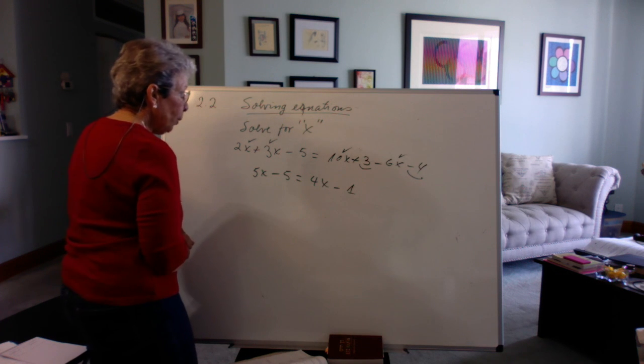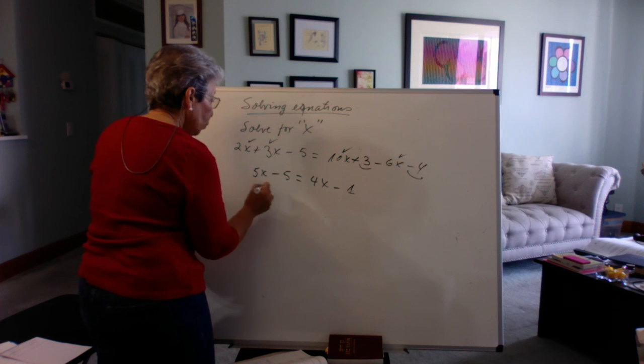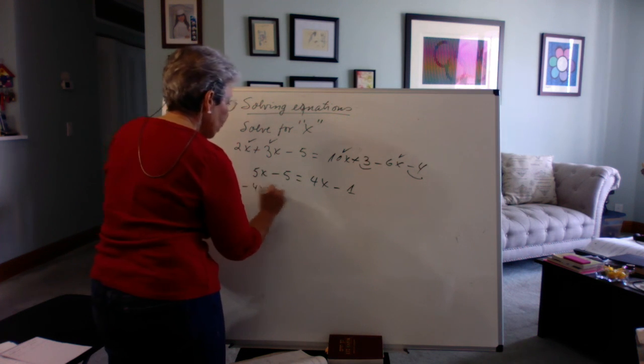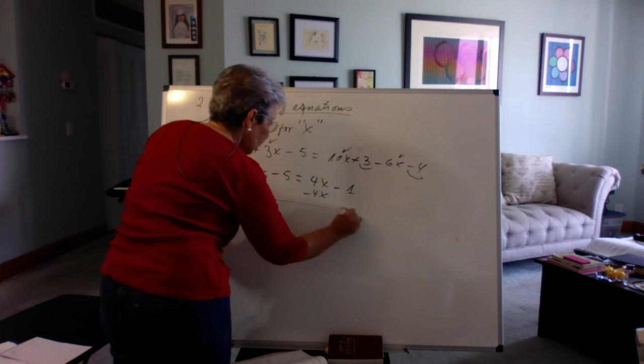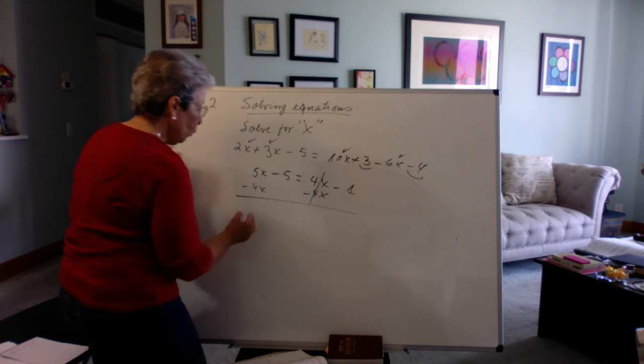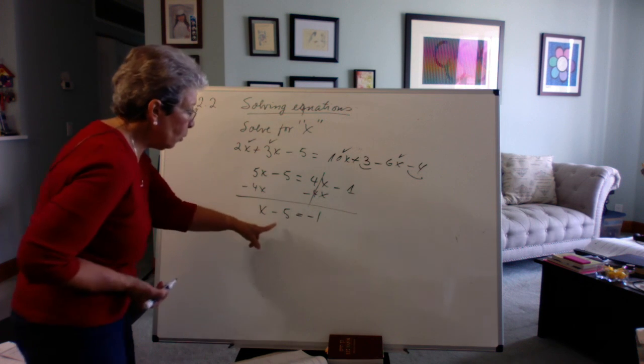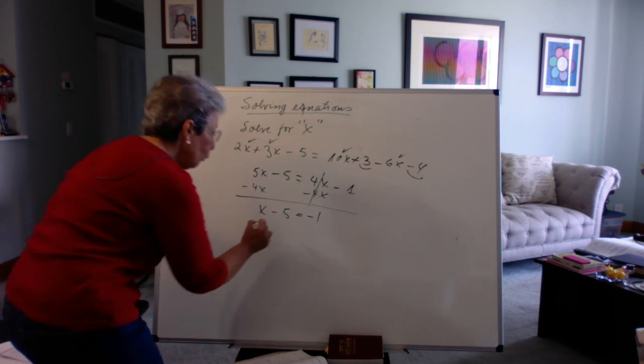Now, applying the addition property, you need the x on one side and the numbers on the other. You can subtract 4x on both sides. And now 5x minus 4x is x. But you need the x alone. What to do now? If you add 5 on both sides,